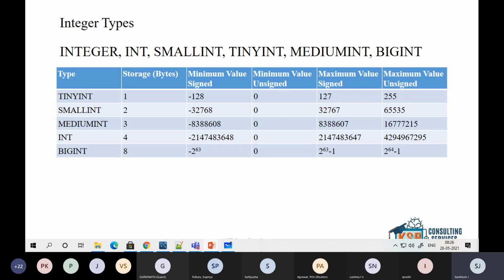Even for age, right? You can even use big int or medium int or small int. But maximum age you can have is 100. What will you do after that? Anyway, you're wasting this much space. So be optimistic. Like